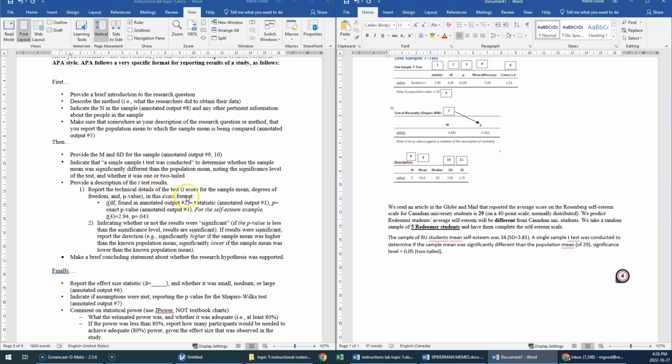And all this means is you're reporting the t-test, the t-score for the sample mean, the degrees of freedom, and the p-value, and you must report them in this exact format. Okay, so first, you can just continue it on there. From there, you say t, and then in brackets, you put the degrees of freedom. Here, degrees of freedom is 4, and then equals, now you write your t statistic, right? So 2.94, and then you write your p-value. P-value equals